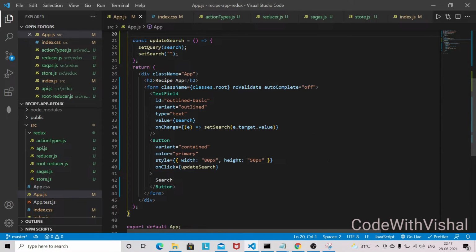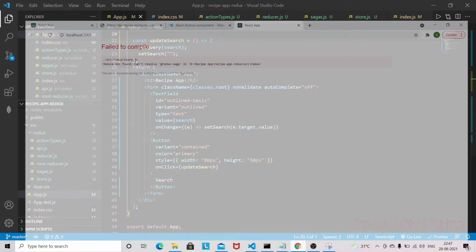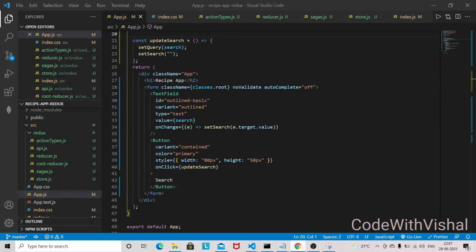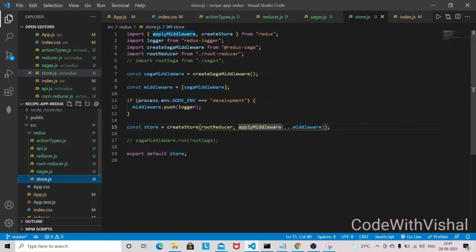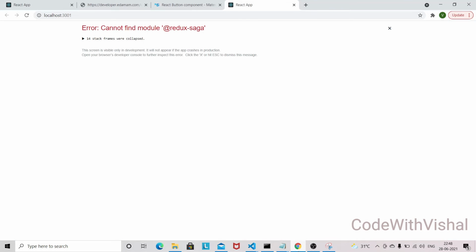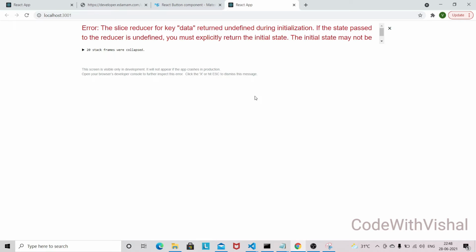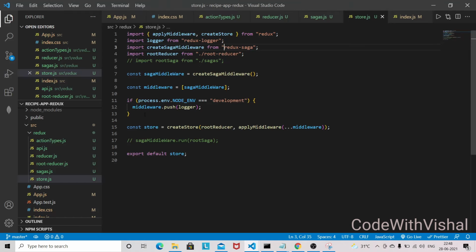Now go to the browser. So we got some issues, so let's go into the store. In store we have to remove this ampersand. So now let's go into the browser. The slice reducer of key data returned undefined state. Okay, so why are we getting this issue?